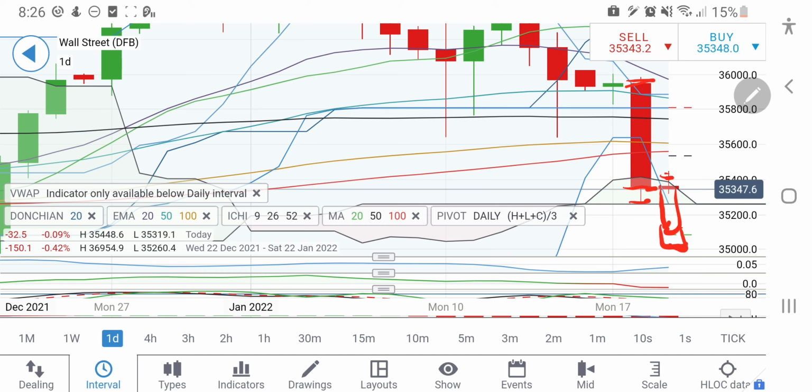Probably we might be looking forward to a second red candle. Any reversal is considered once it crosses 35,500. I will consider this as a reversal, and we can expect the 35,600 zone. This is a 100 period moving average, which might provide a little resistance for any upside move. So any move beyond 35,600, you can definitely remain long on US30 till the time it is below 35,400 today,